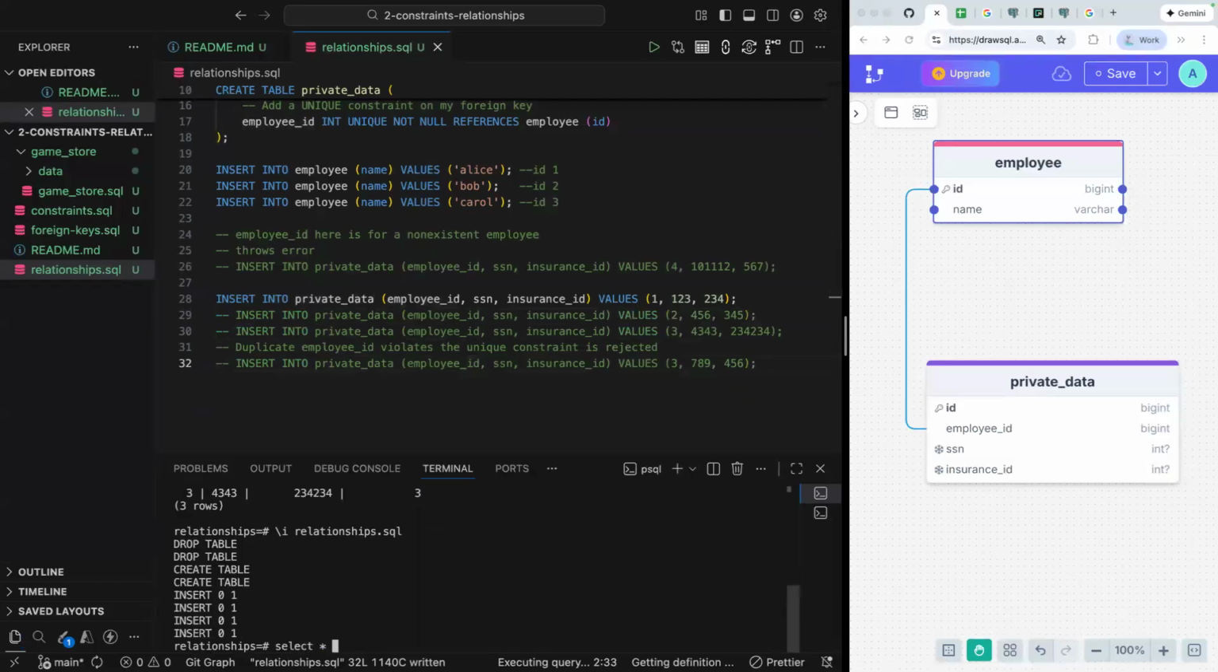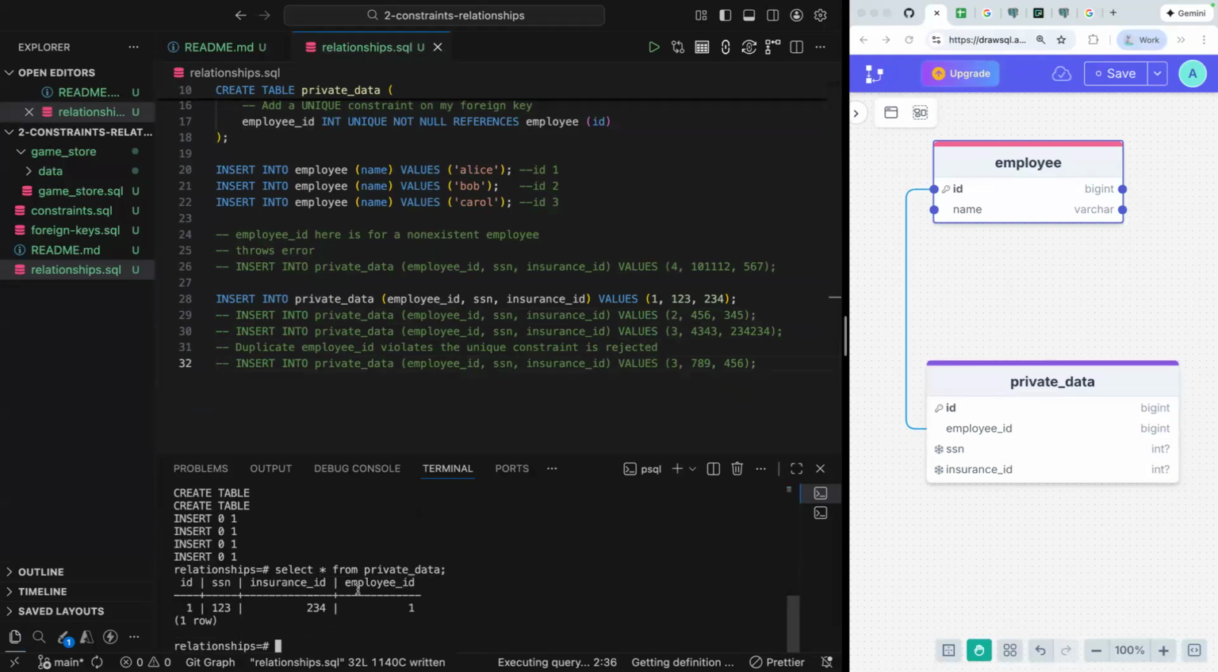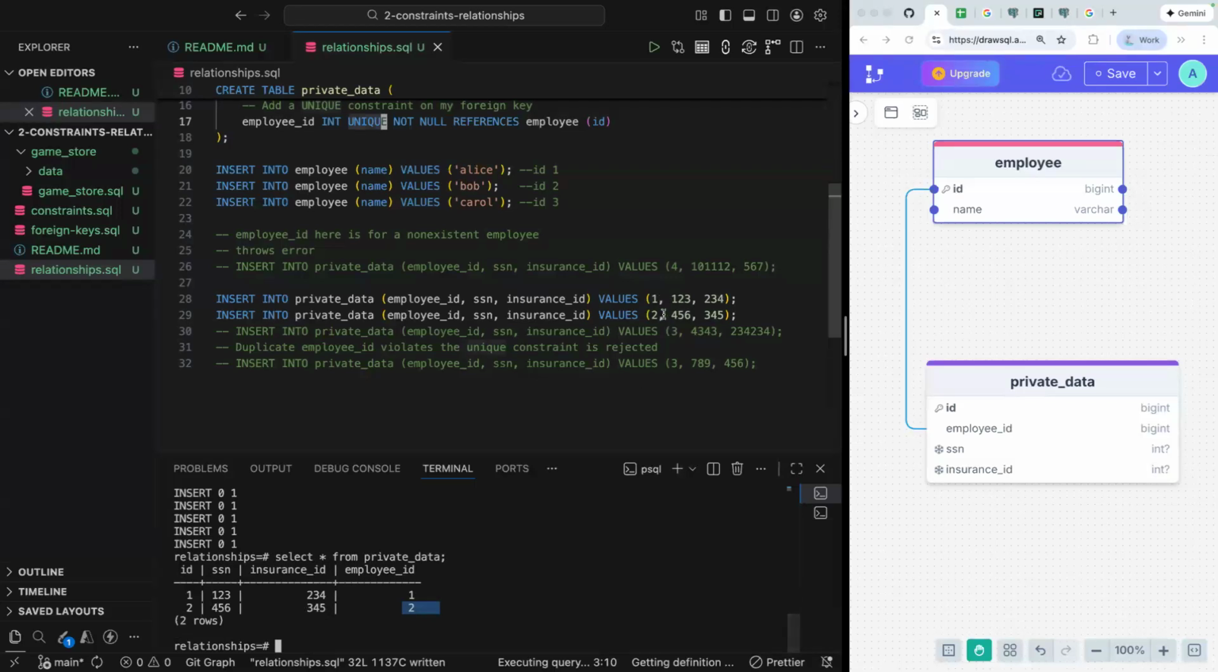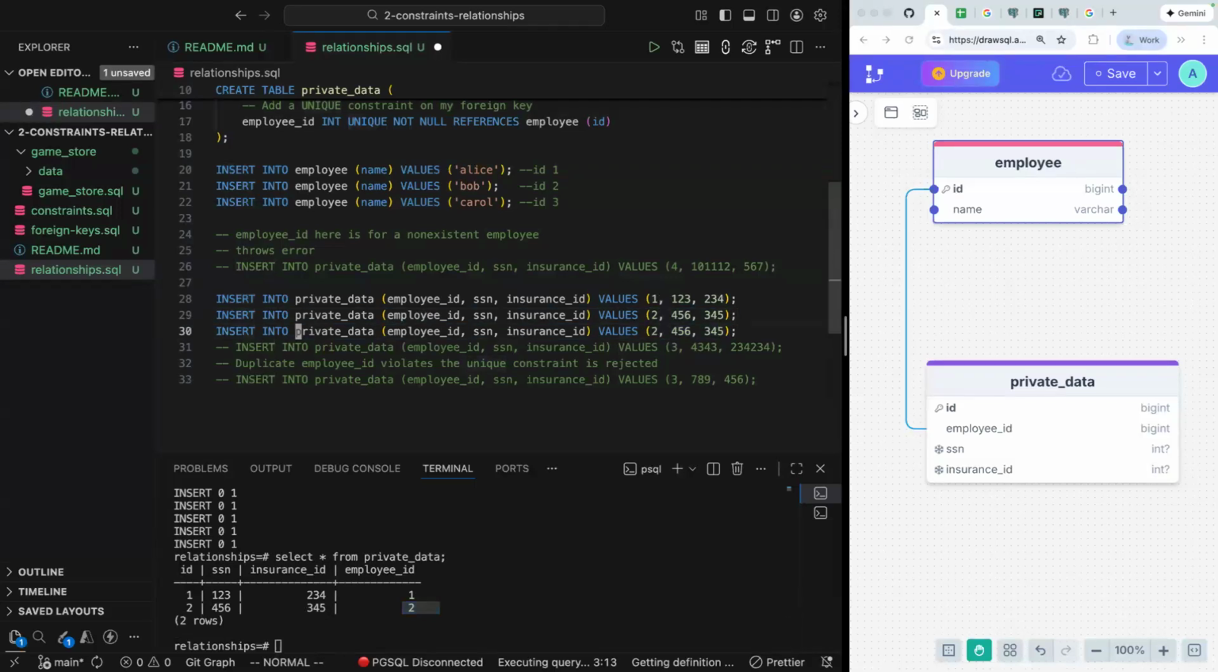So now if I look at my private data table, we just have employee ID 1, right, with social security number 123 and insurance ID 234. And that works fine. And because now when I add employee ID 2, these two numbers are different. They don't violate this unique constraint. So this operation will work as well. Right, and we have employee ID 2. But if I was to do this again,